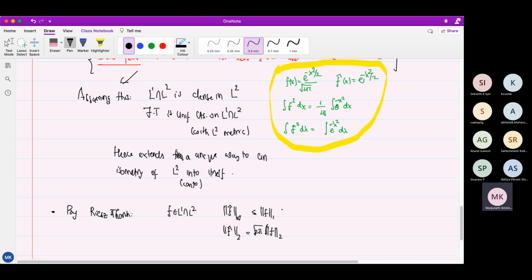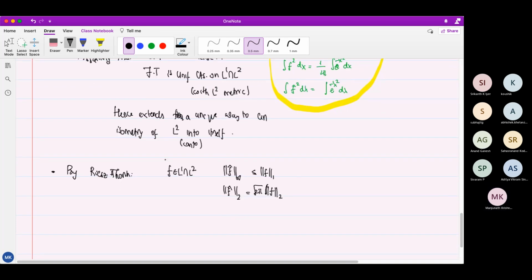Because of these two things, by the Riesz-Thorin theorem, you get that the Fourier transform extends as an operator